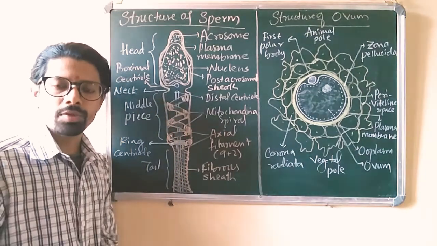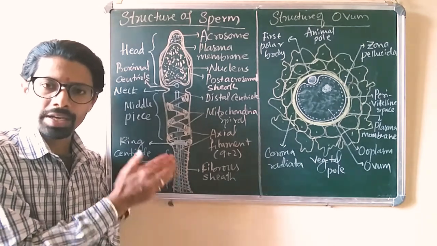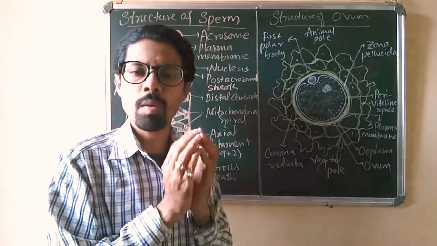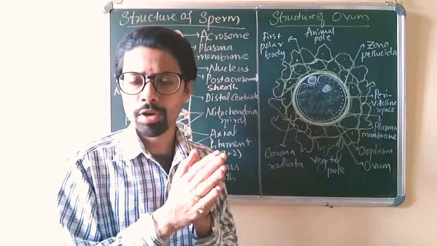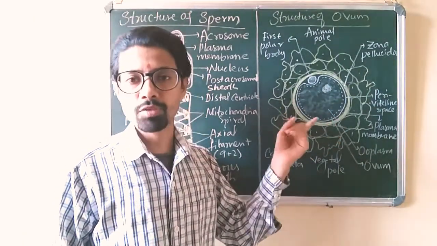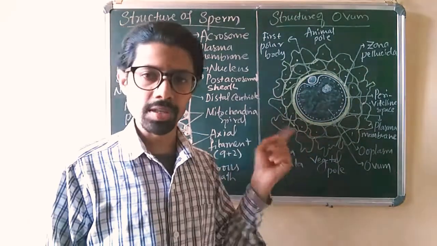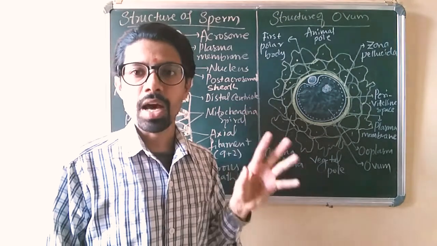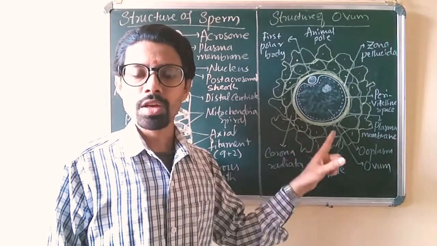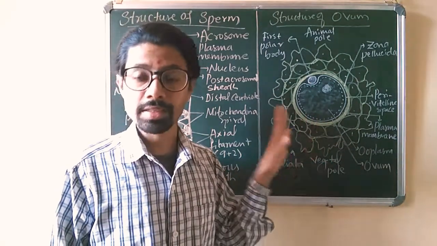You might have studied it in your 11th standard. Okay, so this is the structure of sperm and its parts. Now coming to the structure of ovum. The ovum, or secondary oocyte or egg, is generally the largest cell in the human body, but it is only produced in the female reproductive system because it is a gamete produced inside the ovary. Clear? If a question is asked about the largest cell in the human body, the human ovum is the largest cell in size.